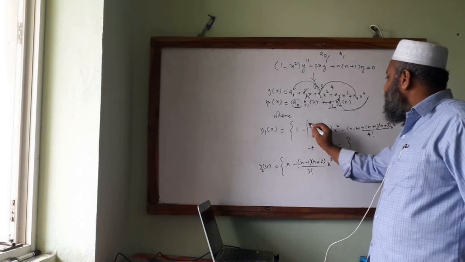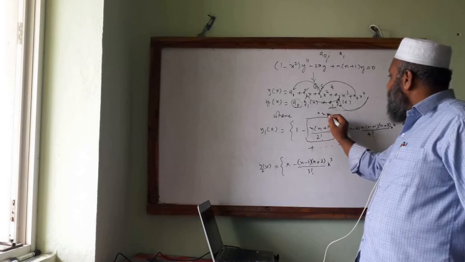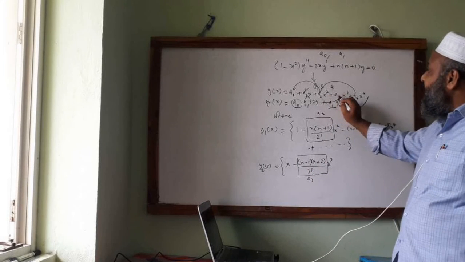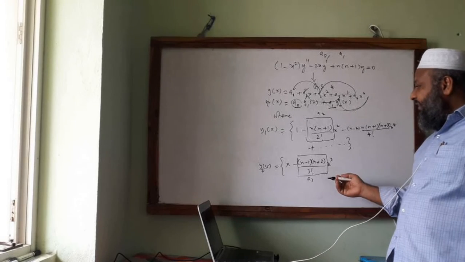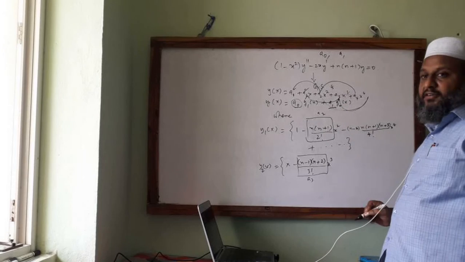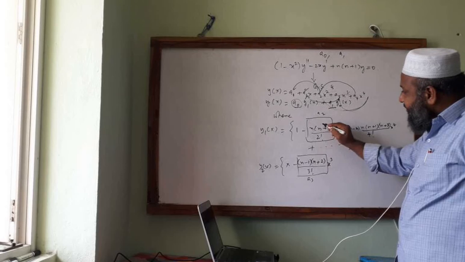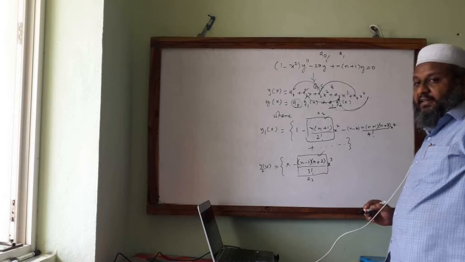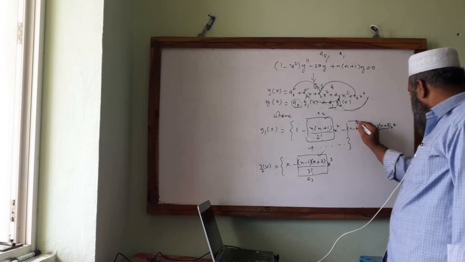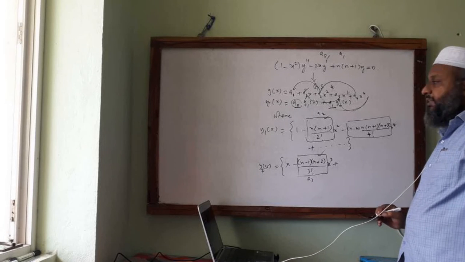Otherwise you do one thing, you remember this complete one for a2 and this one for a3. We have a3 x cube, so a3 is this much times a1, and that a1 is taken outside, so basically this comes. Next, once you remember these two for a2 and a3, the same rule for a4 applies for a5 here, so alternate plus minus, so this comes.